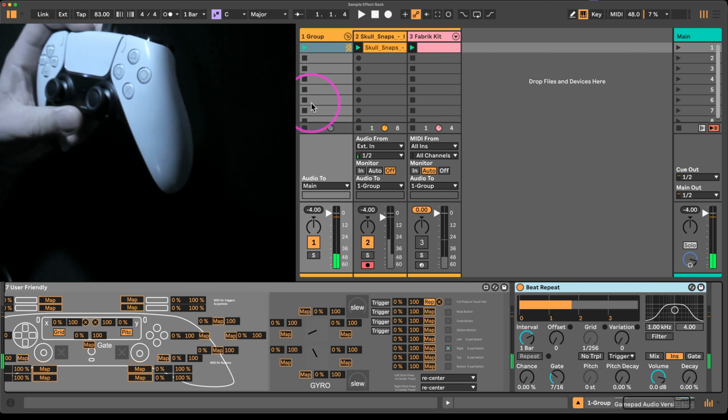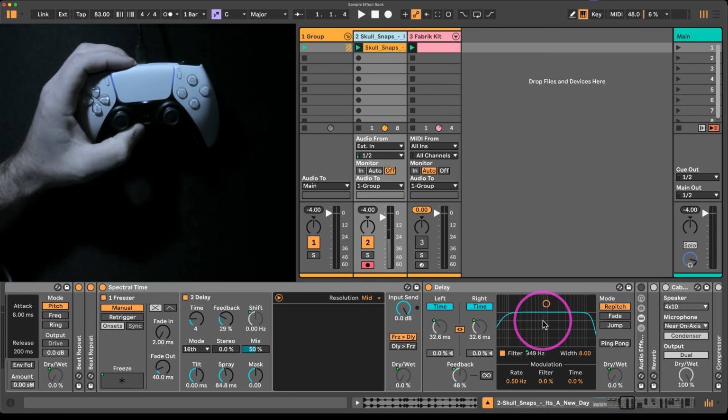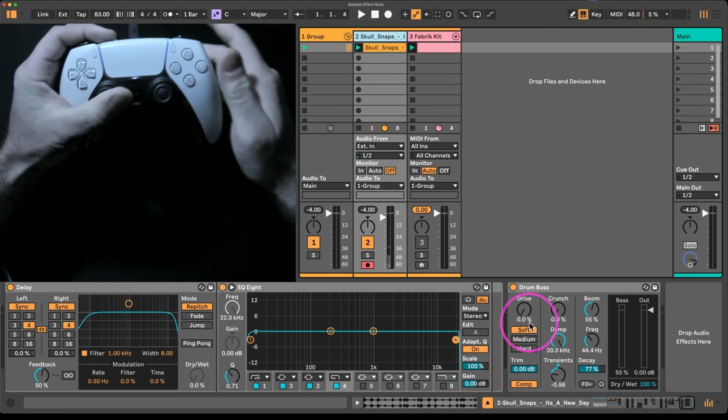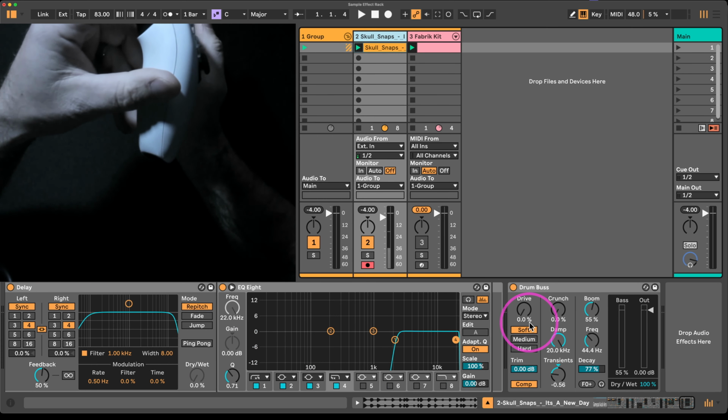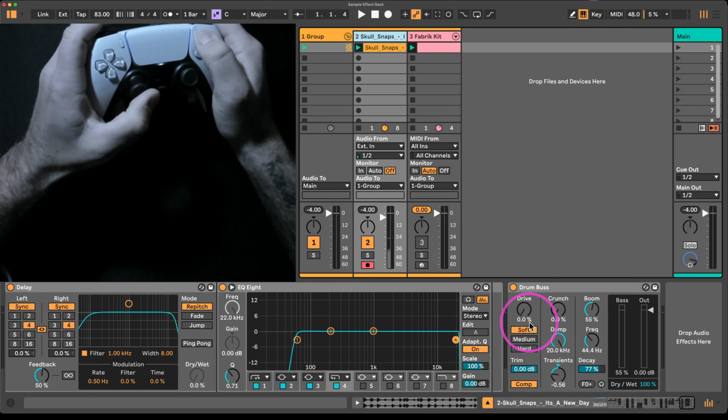You can see when I'm turning the control like that, you can hear there's a low pass and high pass down here at the end. So when I turn the control this way, it's a high pass. When I turn the control this way, it's a low pass. So you can sort of get like